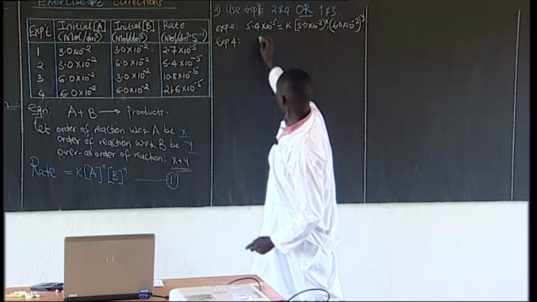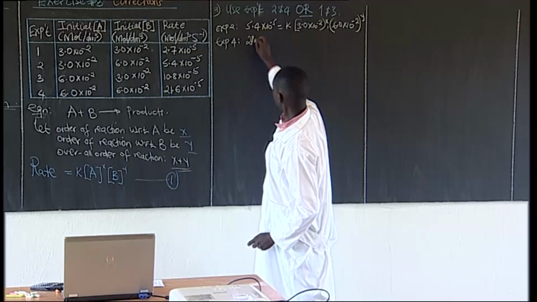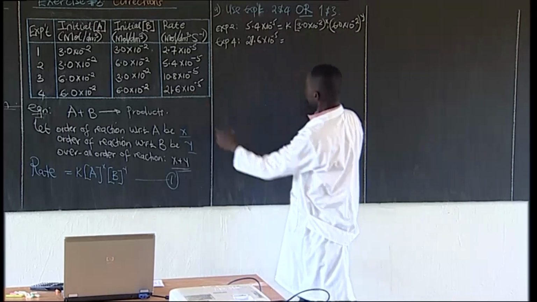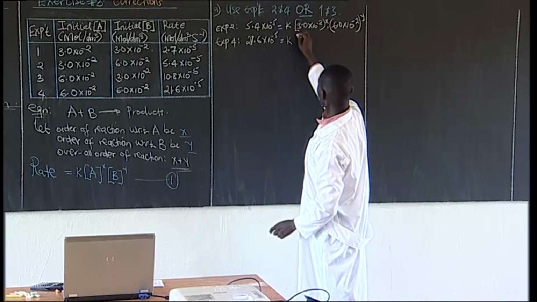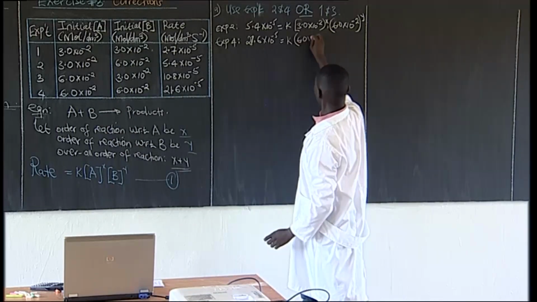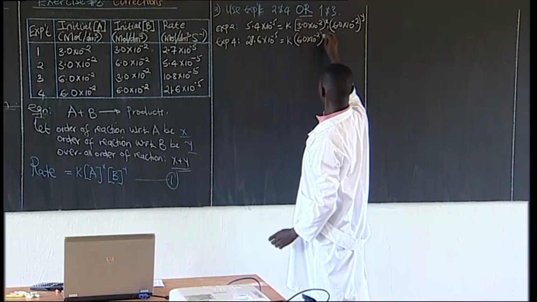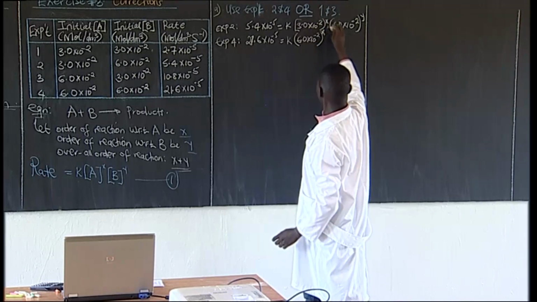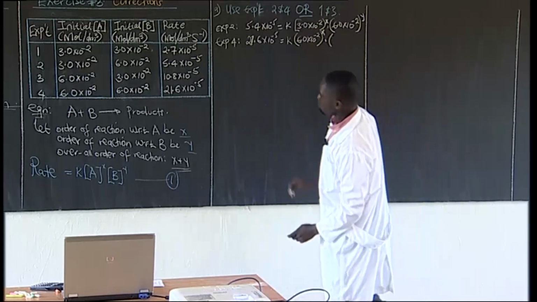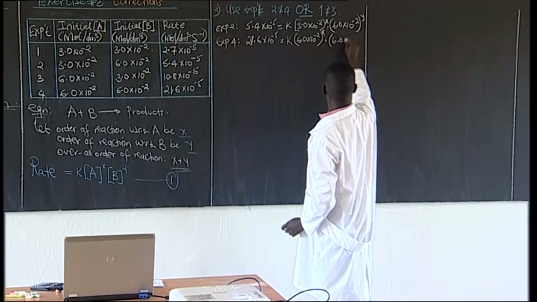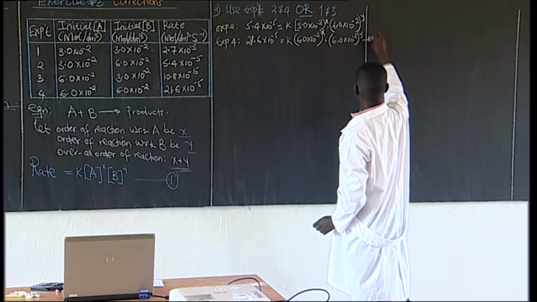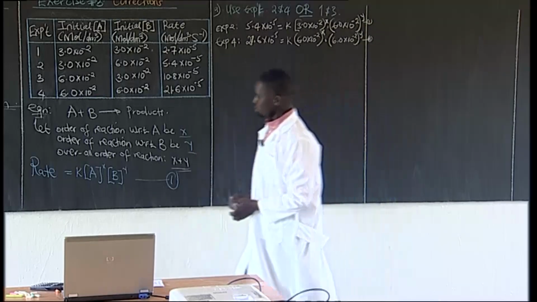What's experiment 4? 21.6. This value here is K, concentration of A, which is 6.0 exponent negative 2, power X, then concentration of B, which has remained constant, power Y. So this is equation 2, equation 1. To get